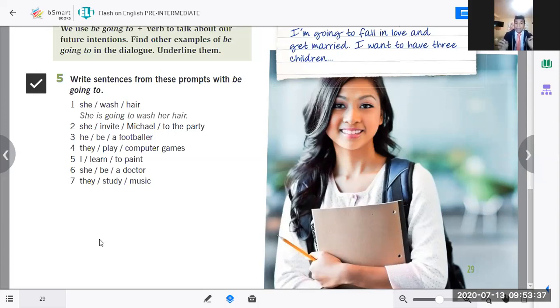Using gonna. Practicamos orally, but gonna. For example, she's gonna watch her hair, okay? Volunteer, please, to tell me number 2. You need to complete later in writing. Luego lo completan escribiendo. But now, orally, please, volunteer. Just speak. Solo hablen. Number 2.